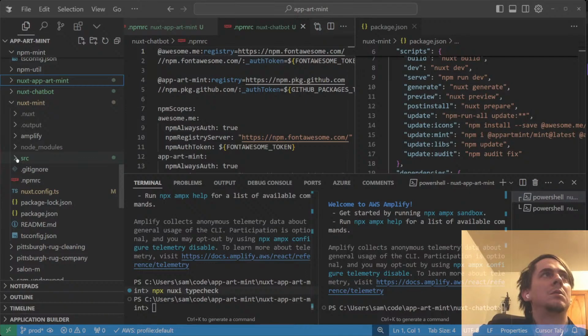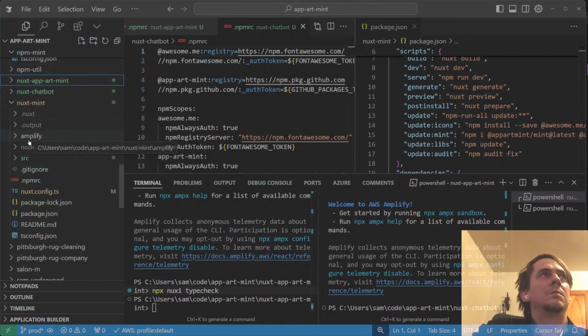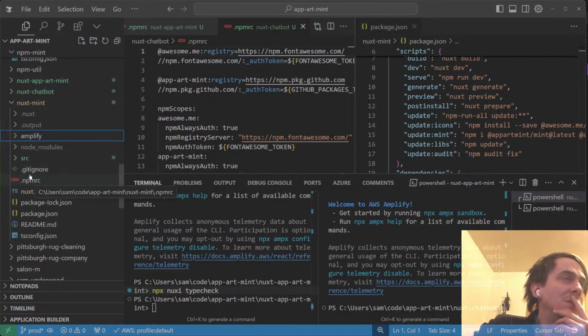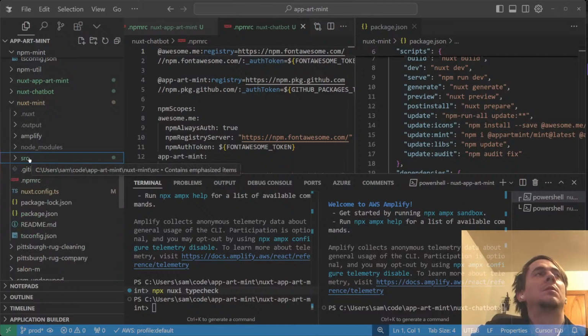Good. Everything in here is coming with. I'm gonna copy it because I know cutting it is gonna